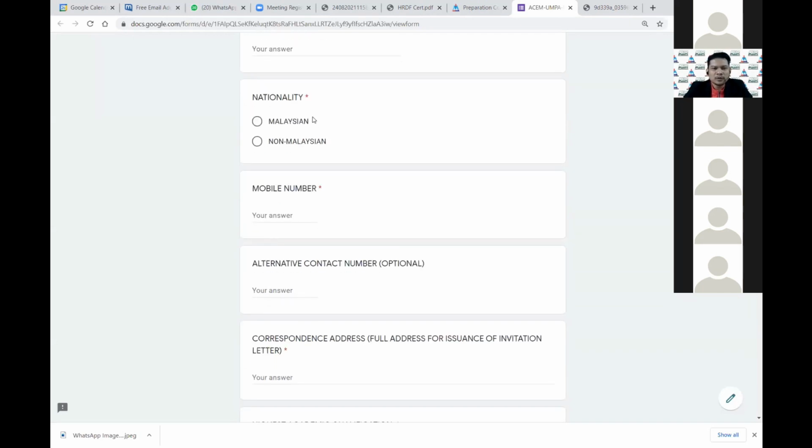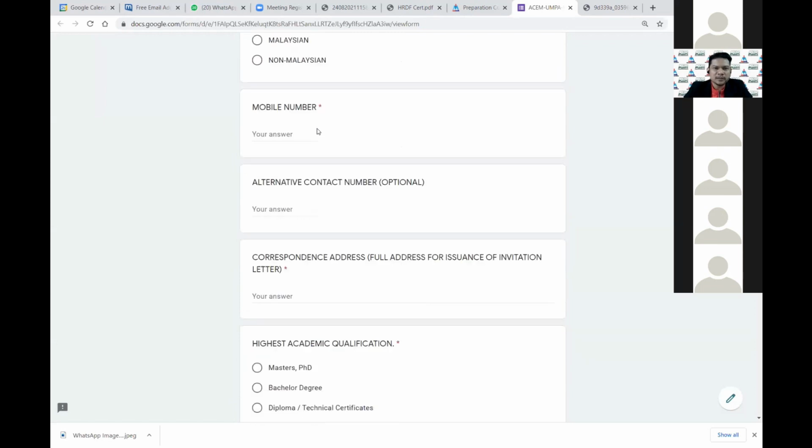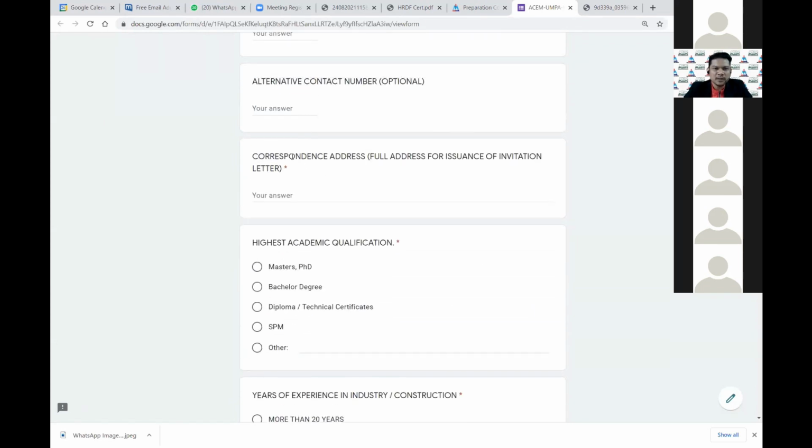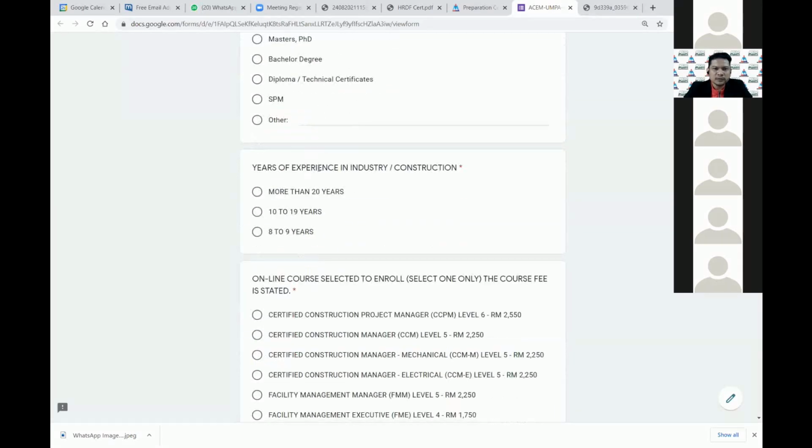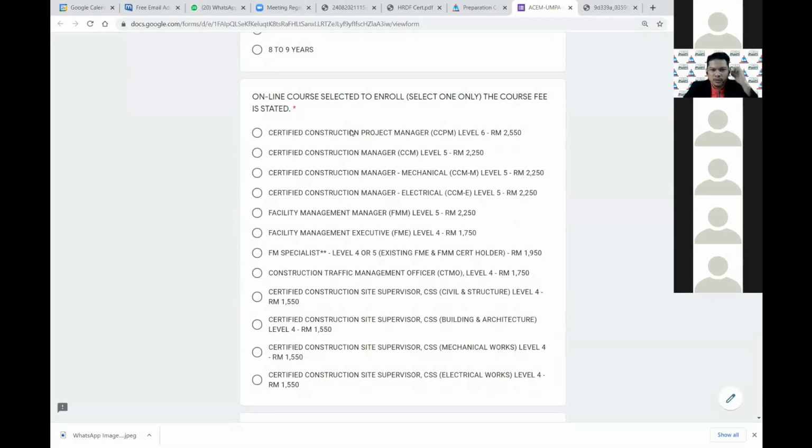But of course, if your birthday falls on the examination day, maybe we can do something for the event. Just remind me. Nationality, Malaysian or non-Malaysian, mobile number, alternative contact number, correspondence address, highest qualifications, years of experience, and you choose one of the programs that you want. The price is there also.